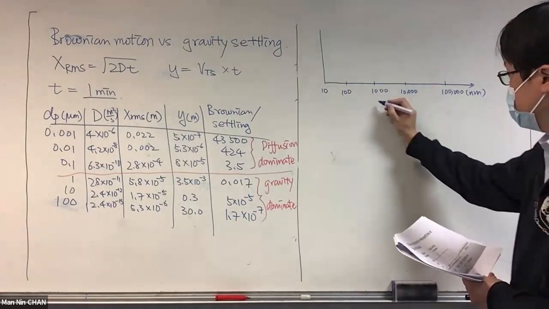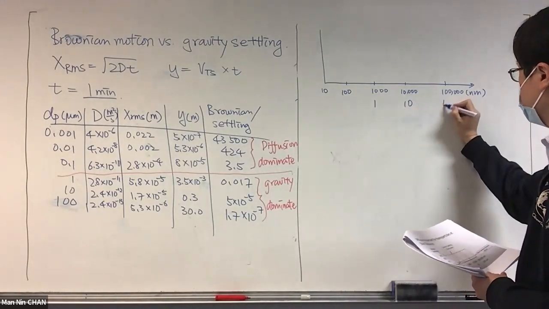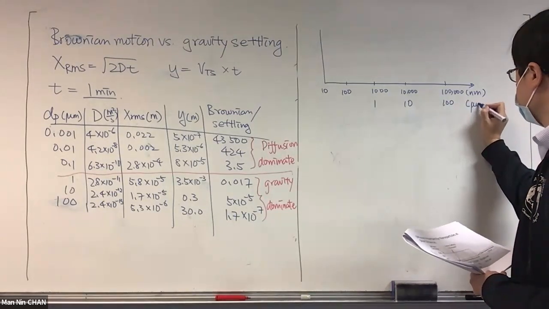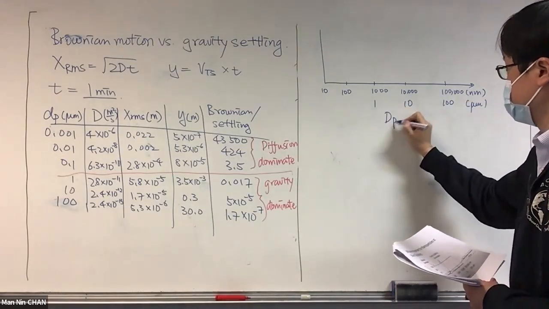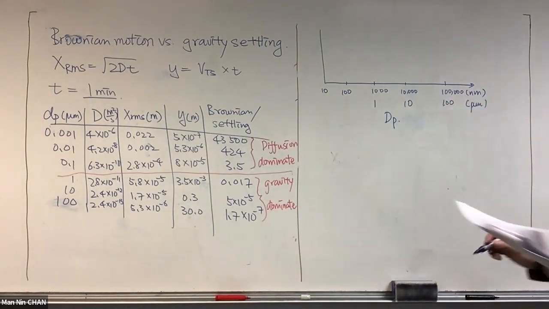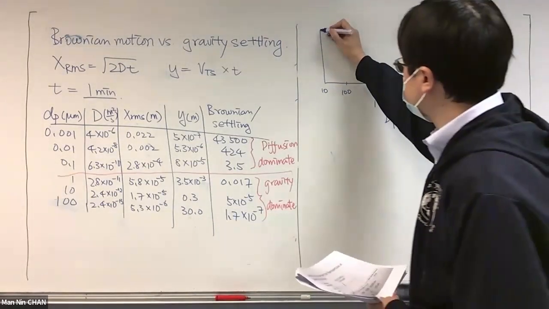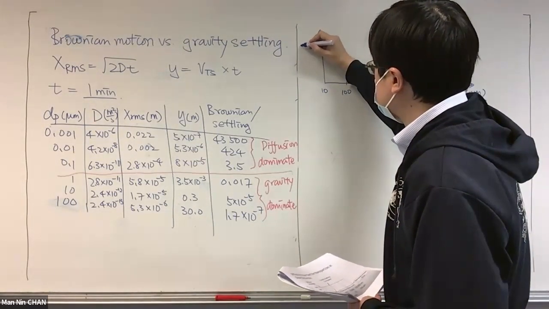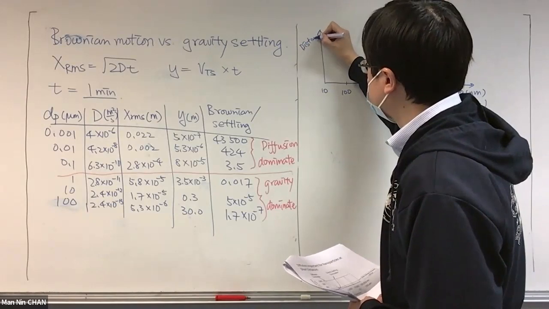I can also give you 1, 10, 100 in micron. In case you're interested in the micron range, we are looking at the size like this. And then if you look at the distance traveled,